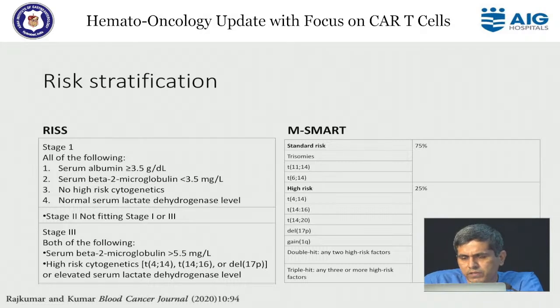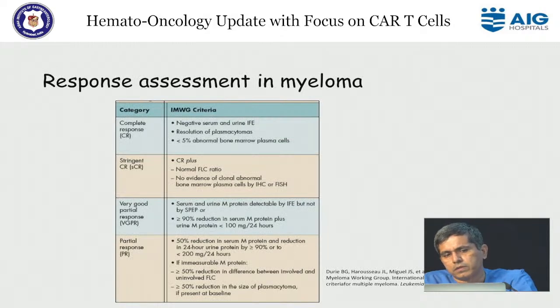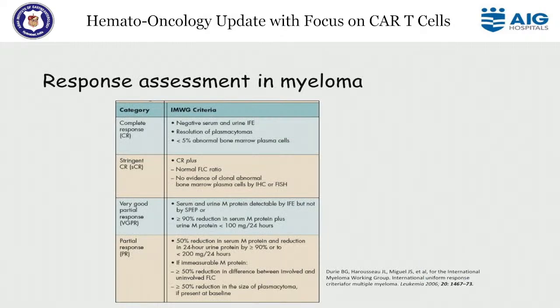So after we start treatment for patients with multiple myeloma, a response assessment is done with the help of criteria, where we categorize the treatment response in various categories. We call it a complete response when a previously positive clonality marker, say positive serum electrophoresis or immunofixation electrophoresis,